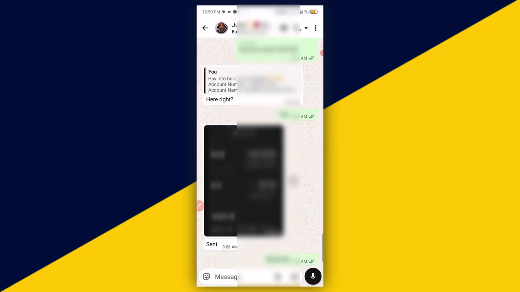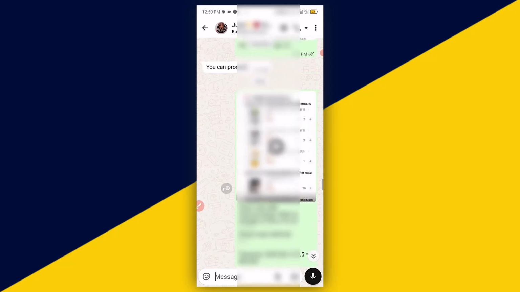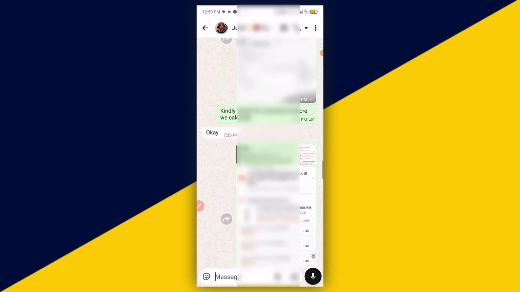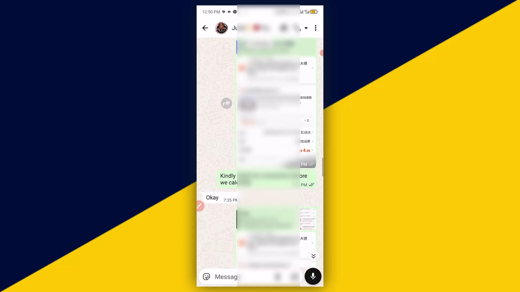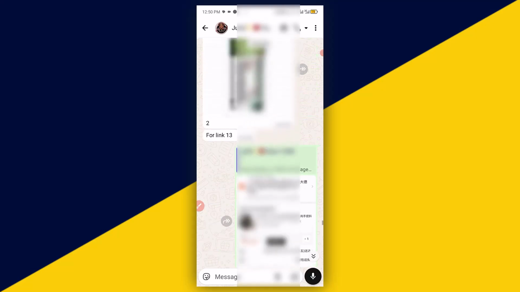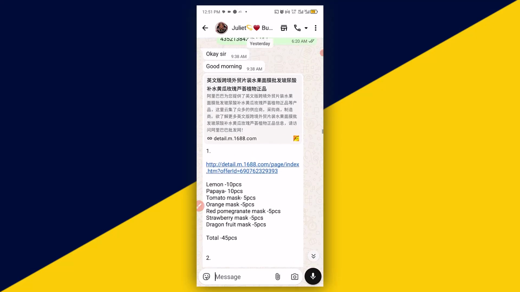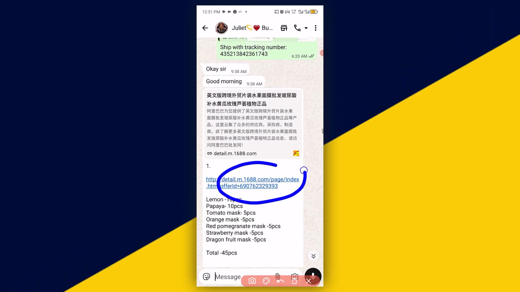So let's get started. So you can see the contacts right here. These are the product screenshots and likewise the product links right here in my DM in WhatsApp. So you can see everything right here. Okay, and these are all the product links right here. What we want to do right here is to simply click on here to open the product link,